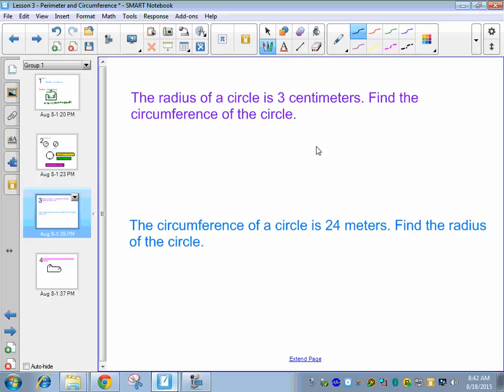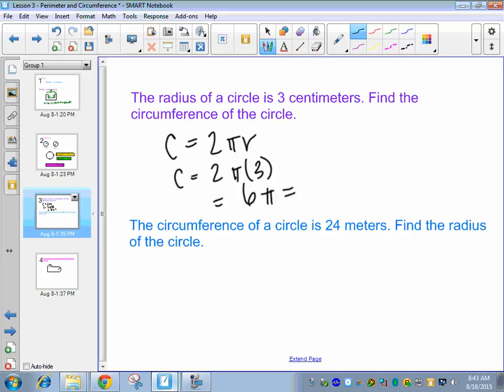Okay, perfect. The radius of a circle is 3 centimeters, and we want to find the circumference. So which circumference formula do you guys think we should use for this one? 2 pi r, great, yeah. With stuff like this, you can just cut out the other formula. C equals 2 pi r. So remember, in our homework, whatever we're doing, we always want to start with the formula. So circumference equals 2 pi r, and our radius is 3 centimeters. So we're just going to plug that in. C equals 2 pi 3. So 2 times 3 gives us 6 pi,